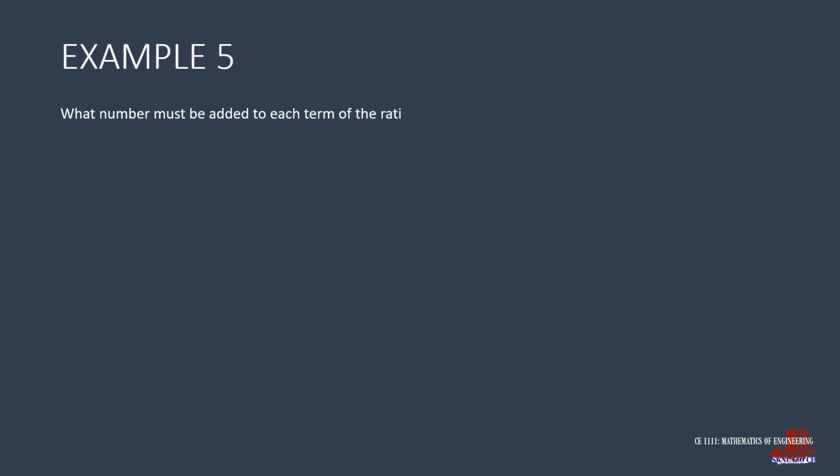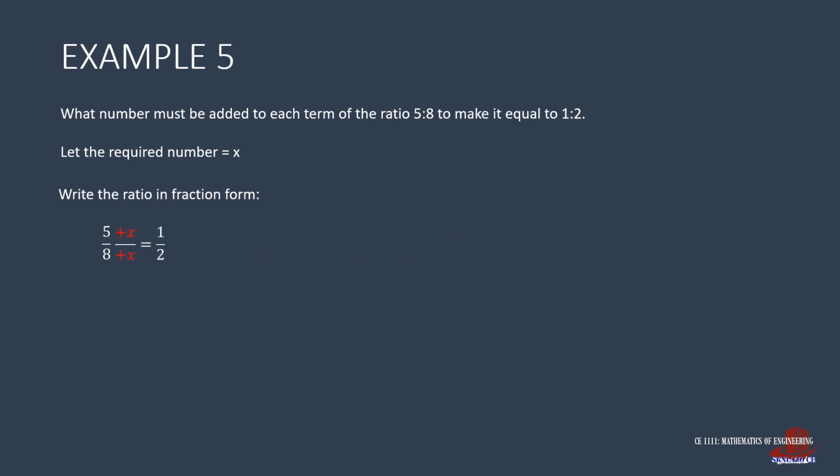The fifth example is some kind of transformation where we are to identify a certain number x, which, if added to the ratio of 5:8, will transform the ratio into 1:2. Again, we denote the required number as x. We start by transforming the ratio into a fraction, making it 5/8. From the premise, it states that we are to add a number to both numerator and denominator and transform the